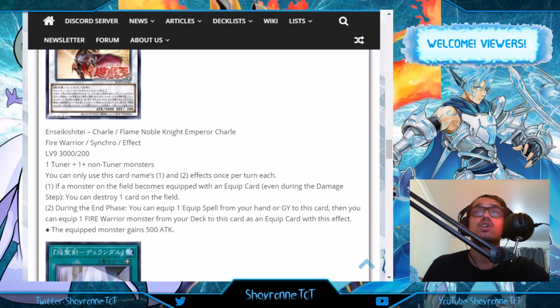That is really good. Getting an equip, and then equipping the warrior monster from your deck, you can get pretty strong Noble Arms onto this guy, and then be able to drop another fire monster from your deck right onto this guy, giving him any sort of protection you need at the time, and then the equipped once again 500 attack. Ooh,